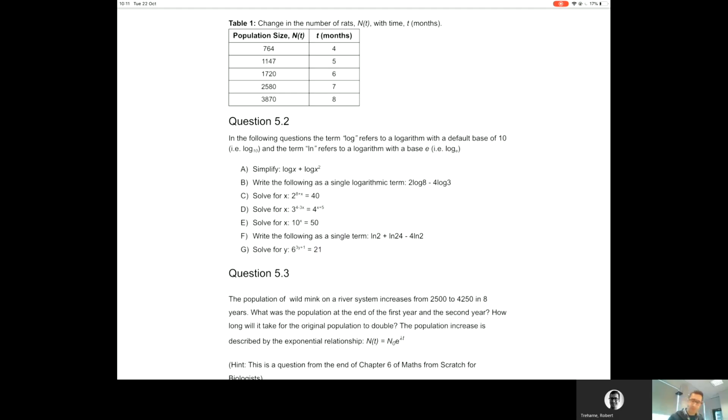Okay, question 5.2, logarithms. Now, if you did A-level maths, you should know what a logarithm is. If you didn't, this may well be the first time you've done any calculation that involves logarithms. That's fine. I'm sure Andy explained to you yesterday that all a logarithm is a way of essentially